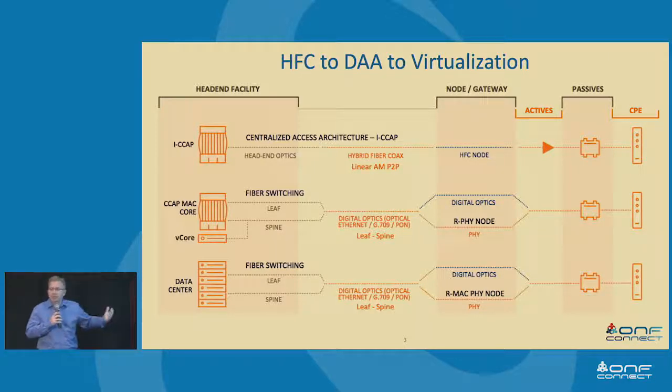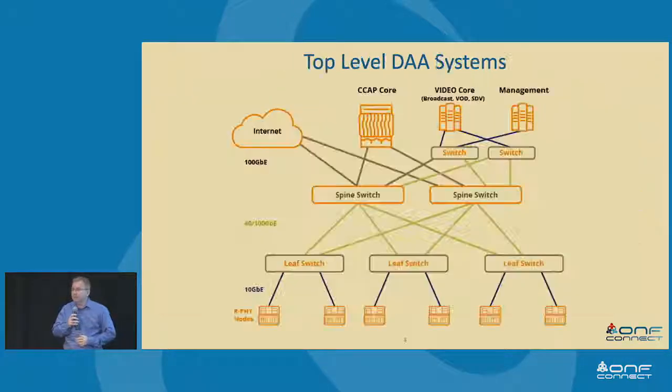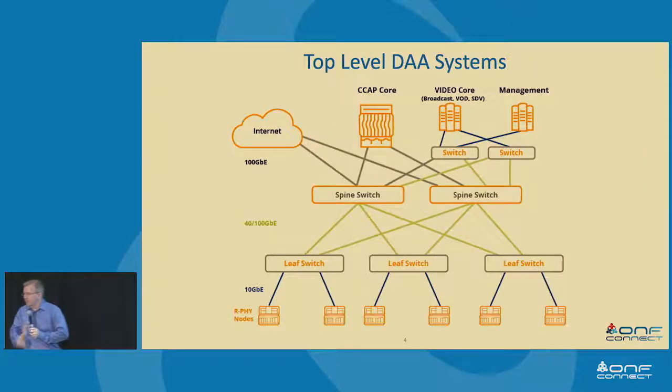We call it a vCore at CommScope, but it's a DOCSIS VNF. It's a MAC core processing that's now running in x86 processing or any other processing platform potentially. And so it's that final stepping stage that then comes down to what some might call head end re-architected as a data center. Right? A lot of the actors start to look, act, and feel the same between the different standards, as it were. Oh, there's the segue. Thank you, Jaspreet.